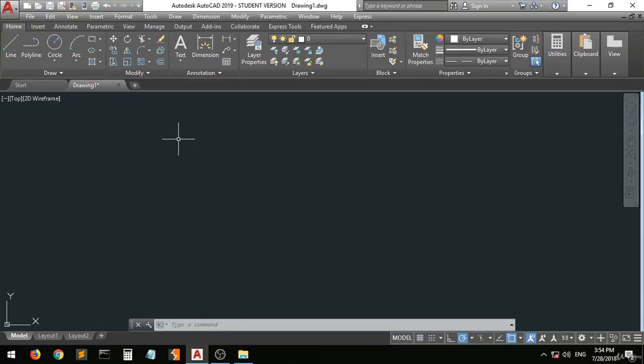Hi guys! In the previous lecture, I told you how to create a new layer, how to deal and change all the properties of a certain layer. And as you can see, we have created this layer which is called drawing and changed the color of lines in this to red. Now, as you can see, this tells you whether this layer is on or off. This is for the freeze, and we have frozen this layer,